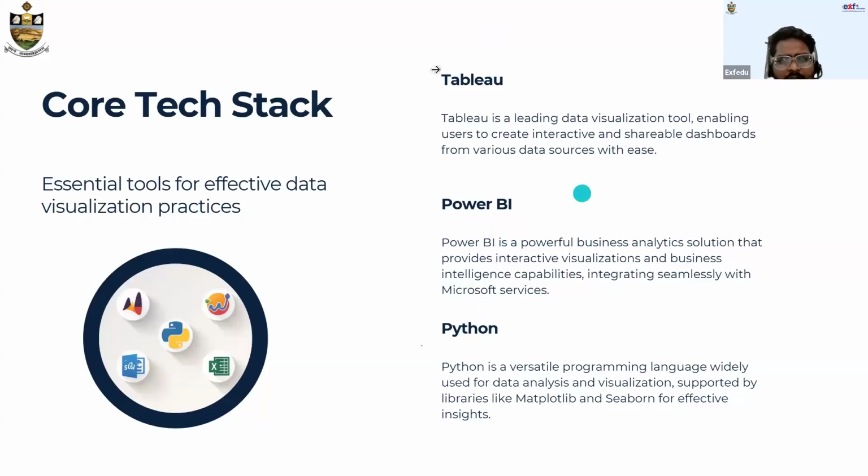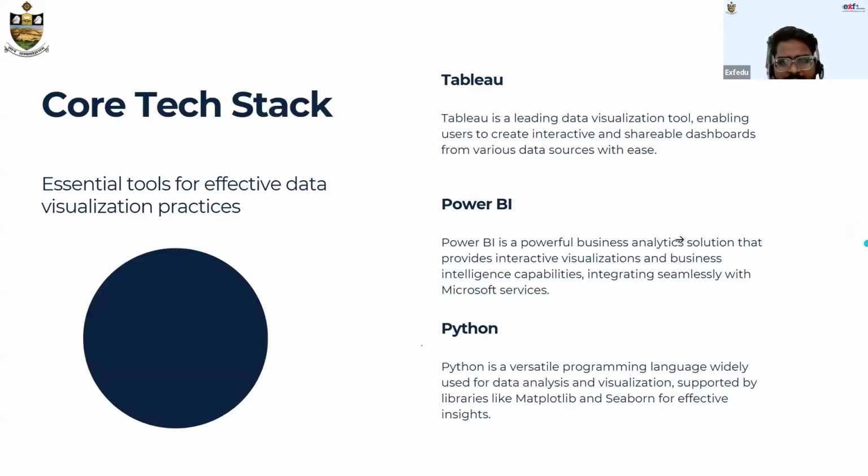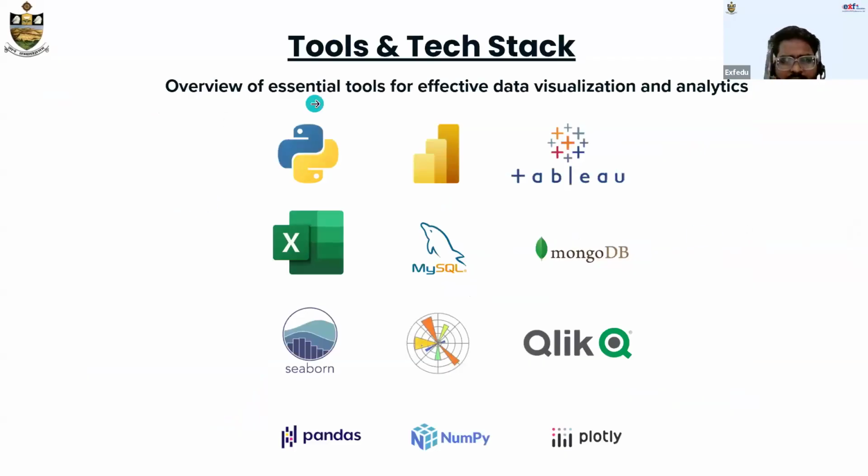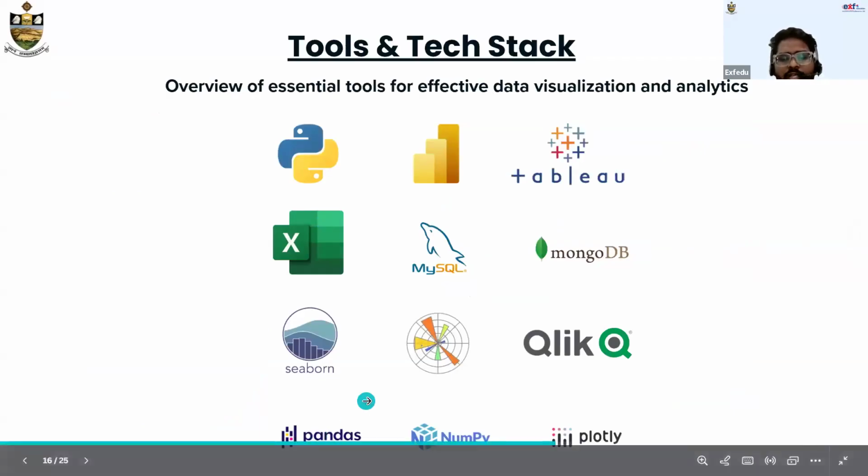Coming to Power BI and Tableau, these are used when you have data which is already transformed, so you can just make visuals. It's all about picking the right chart and making a visual. Right, and we'll now discuss tools and tech stack. We'll be using Python, Power BI, and Tableau on the other side. Within Python itself, you're using libraries like Pandas, NumPy, Plotly, Matplotlib and Seaborn. These are all manipulation tools to deal with numerical data, and your visualization tools even.